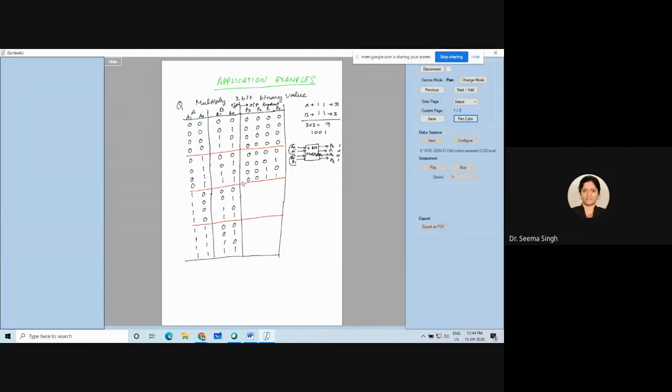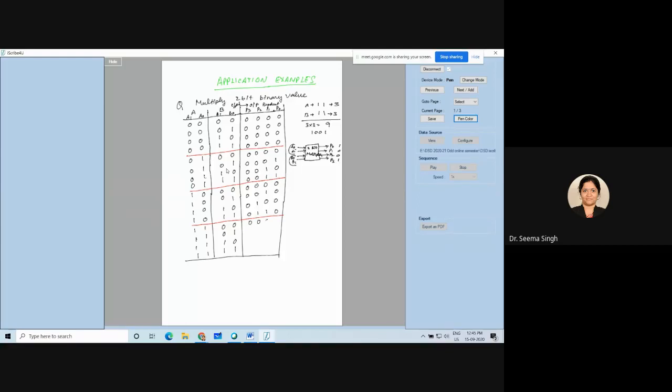That is 0, 0, 1, 1. Now next, 2 multiplied by 0 will give me 0 again. 2 multiplied by 1 will give me 2, so it will be 0, 0, 1, 0. Then 2 multiplied by 2 will give me 4, so 0, 1, 0, 0. Then 2 multiplied by 3 will give me 6. 2 3s are 6, so it will be 0, 1, 1, 0. That is only 6. Right? Next you will have 3 multiplied by 0.